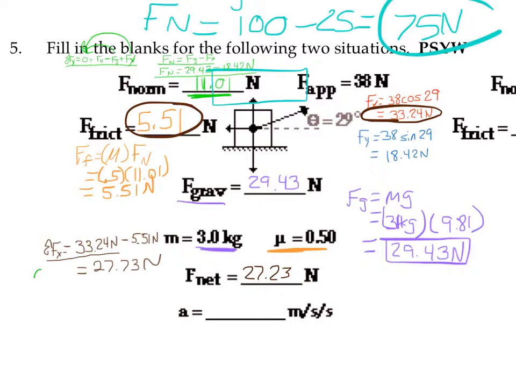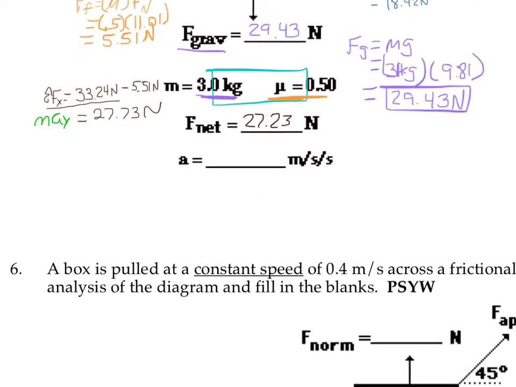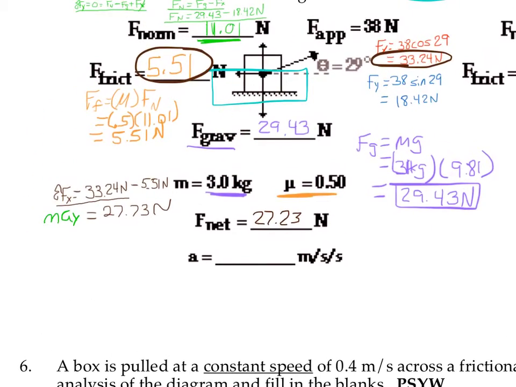Now that we have that, we can actually calculate our acceleration in the x, because our net force in the x direction is equal to our mass times acceleration in the x. And they told us that our mass was, I believe, 3 kilograms. So 3 kilograms times a_x equals 27.73 newtons. So we divide both sides by 3 kilograms, and we get 9.24